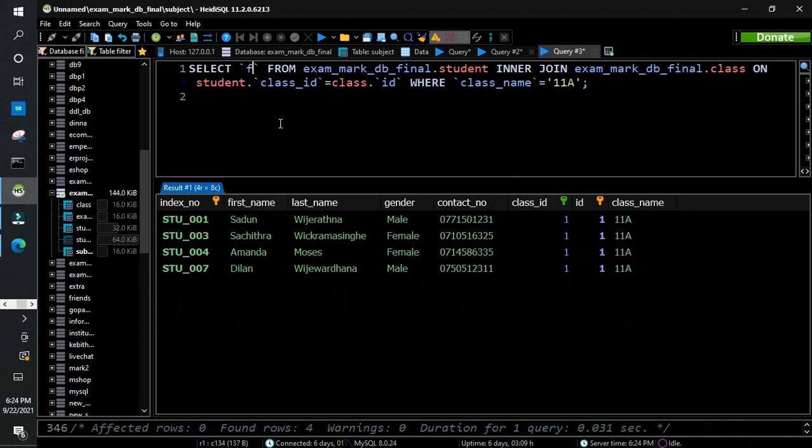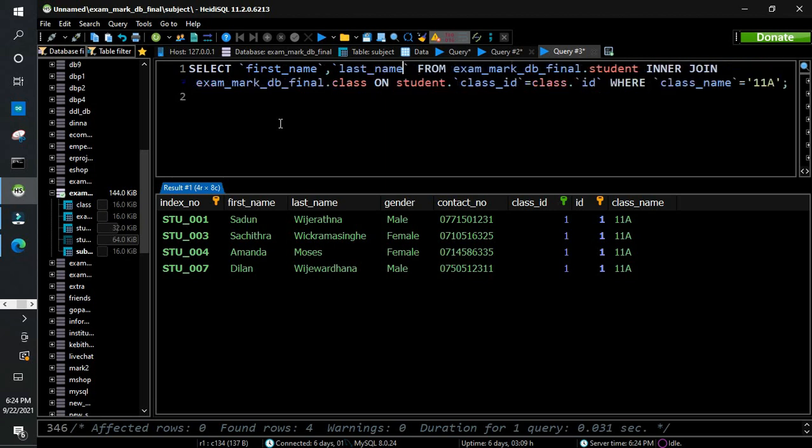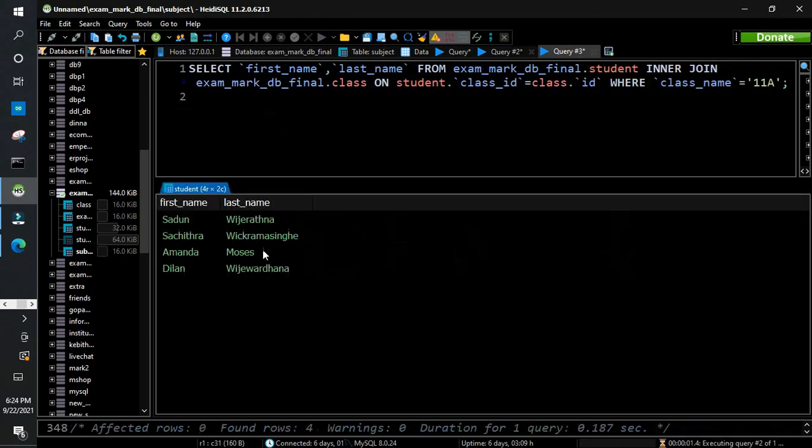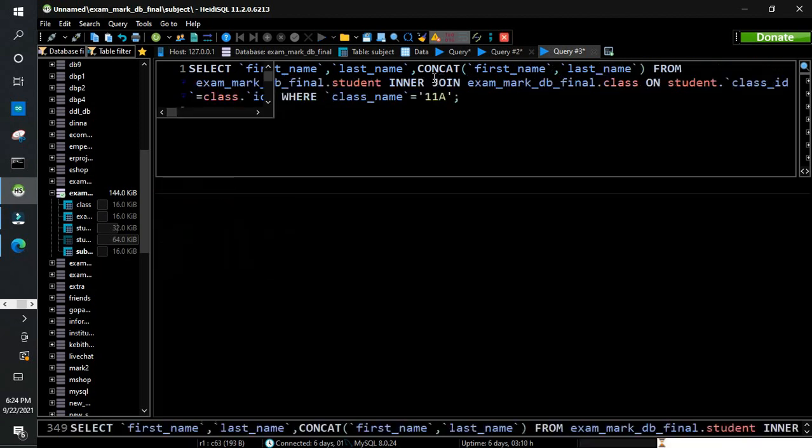Now I'll need the first name, the last name. Now you get only the first and last names. Now next I am going to concat these. So concat first name and last name.